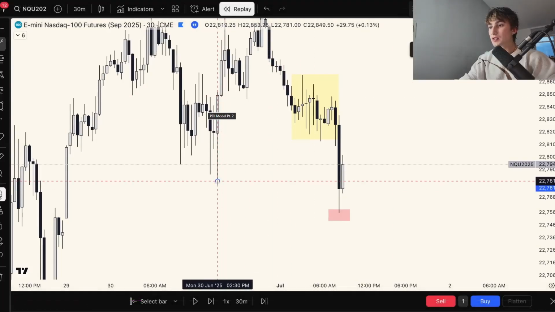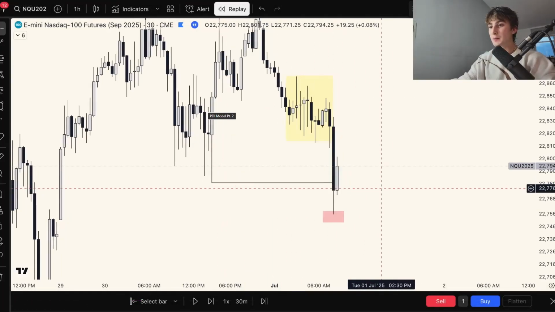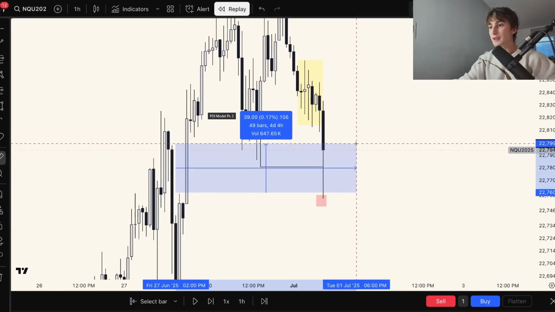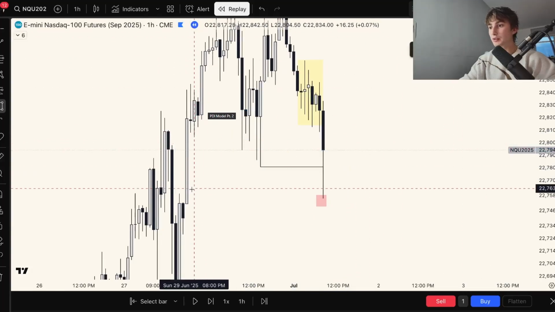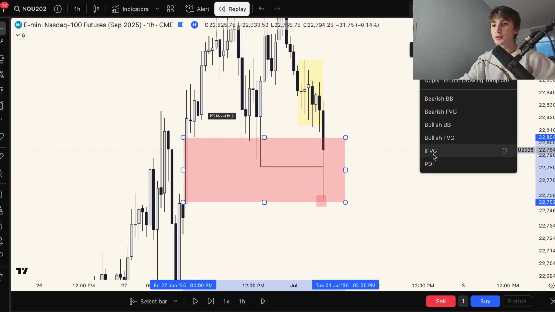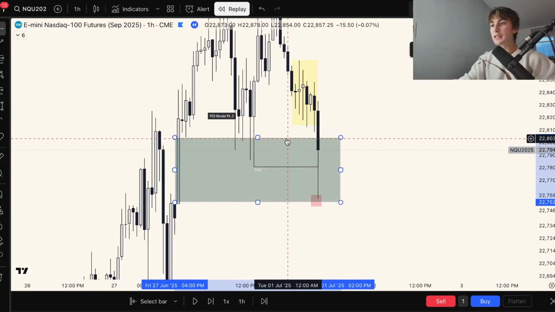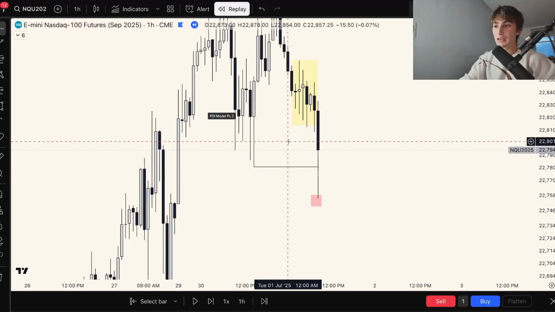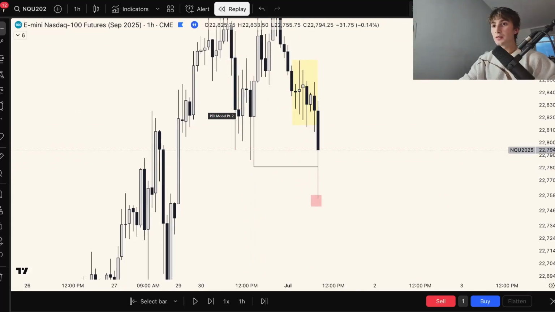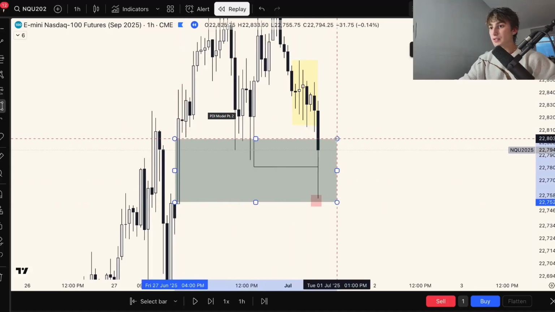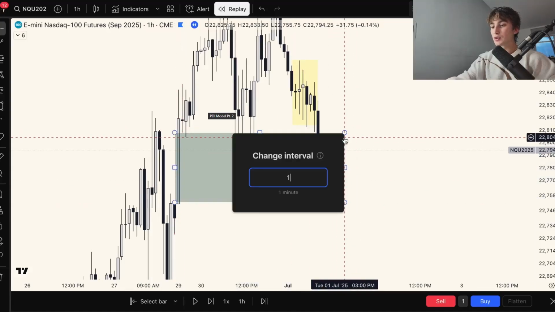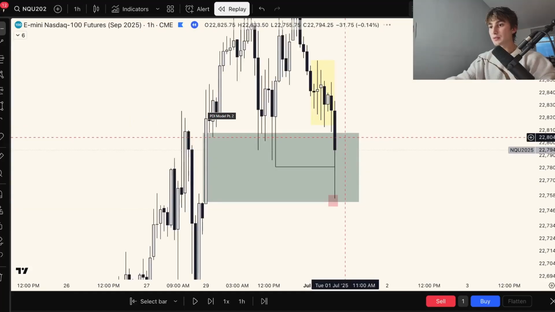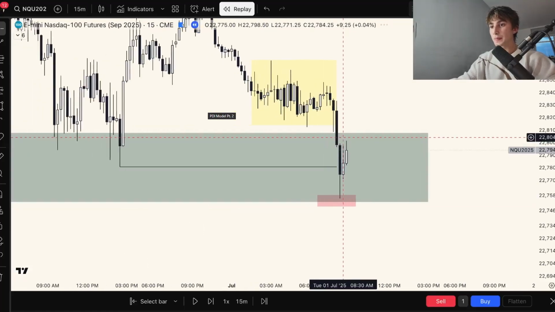We have price sweep out some significant sell side and also trade into a very strong key level, being this hourly bullish fair value gap. So this is what we call an intermediate low. It is a low resting inside a bullish fair value gap. So I'll mark this out once again just so you can see it. We have price sweep this liquidity and also trade into